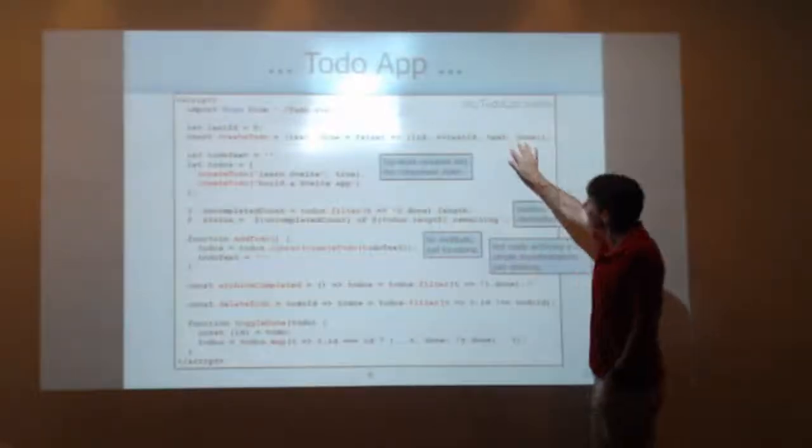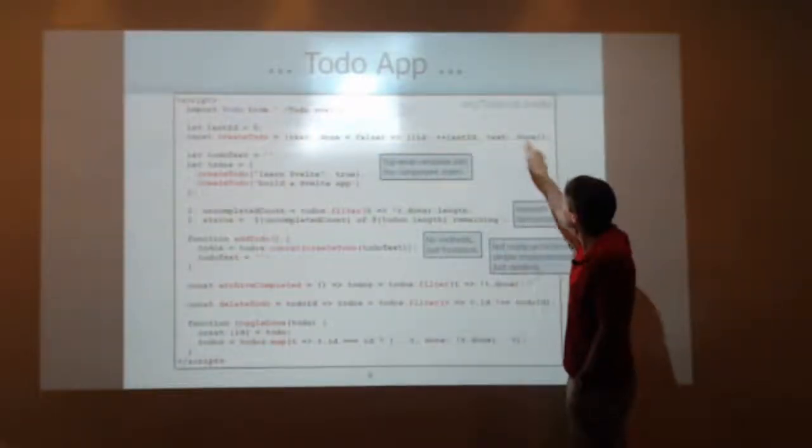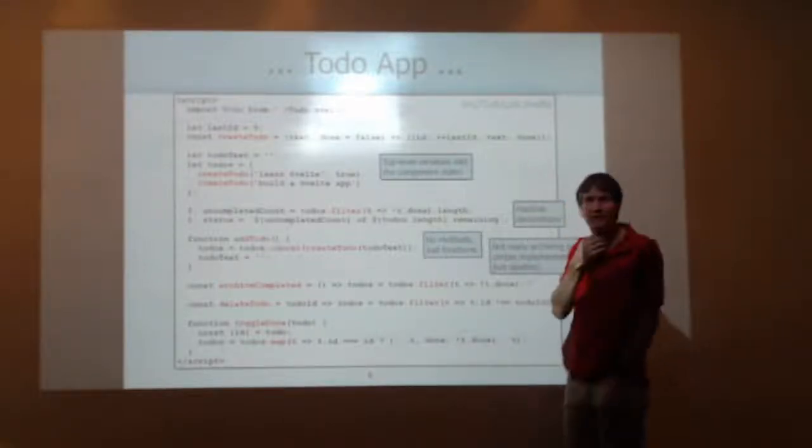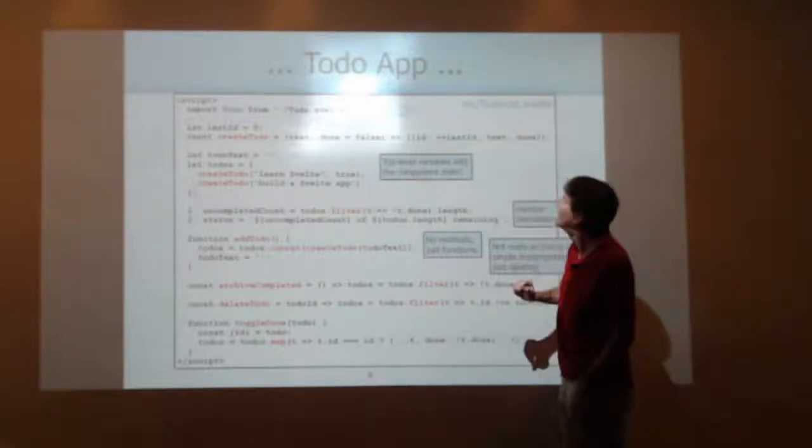And then I'll create this object. So I'm going to bump up last ID, and that's the ID of this one, and it's got the text, and it's got the done. Aren't these shorthand properties that we have in JavaScript now really nice? Who wants to say text colon text? Okay,